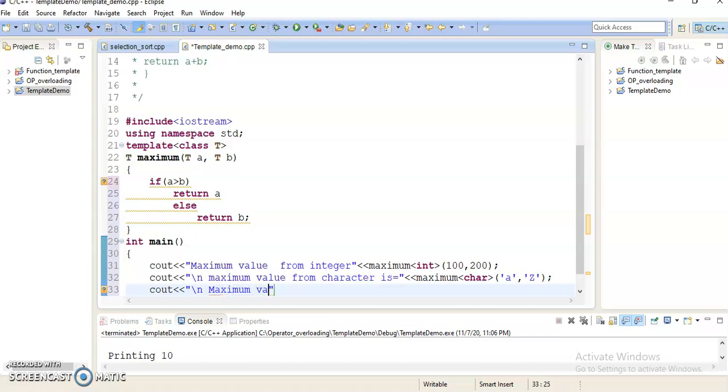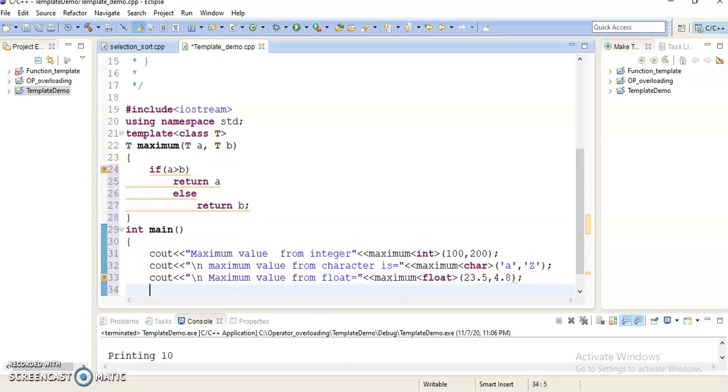Maximum value from, say, float is equal to maximum float, say 23.5 comma 4.8, return 0. Now what we did over here, we had written one template function, that is maximum,